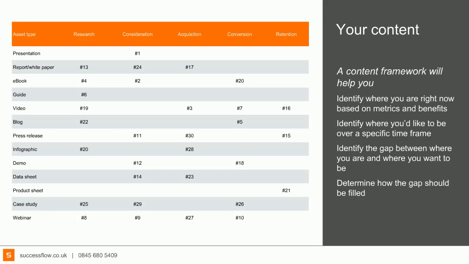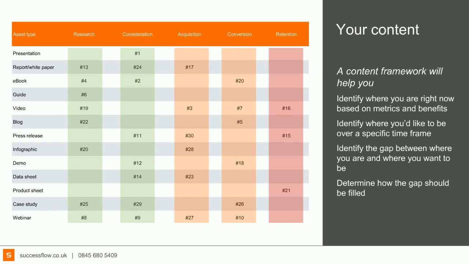Once we've done that audit, then we can start to look at mapping that into what we class as more of a framework. So you can see there we've numbered each to make it easy to view each of those assets. This is a typical example where on the left-hand side we've got the different asset types we can produce and want to produce, and then we've got our customer journey across the top. But where does all that content fit? And more importantly, where are the gaps?